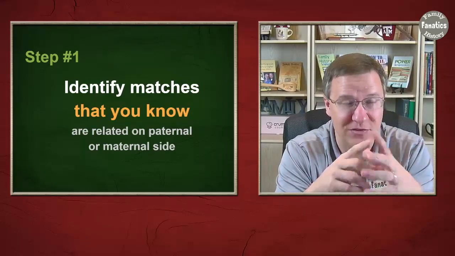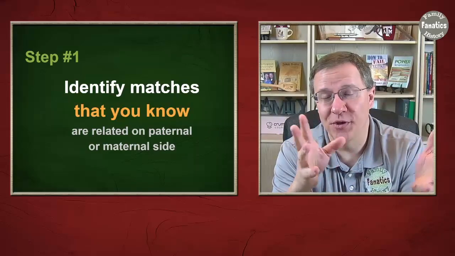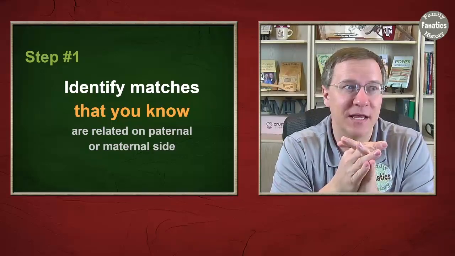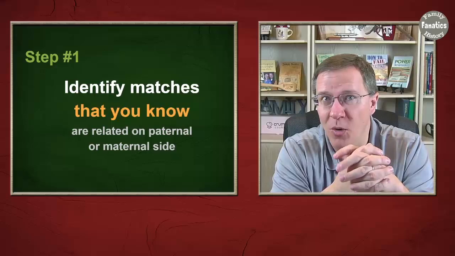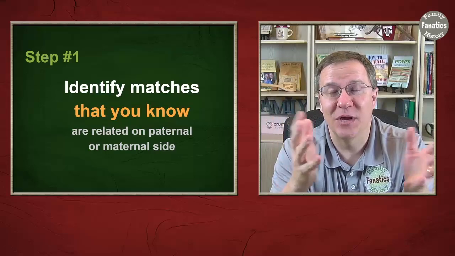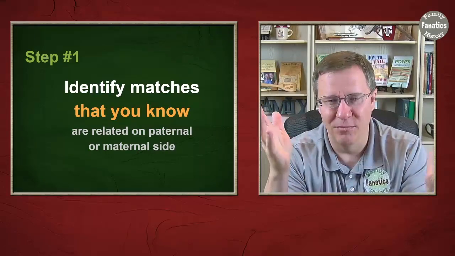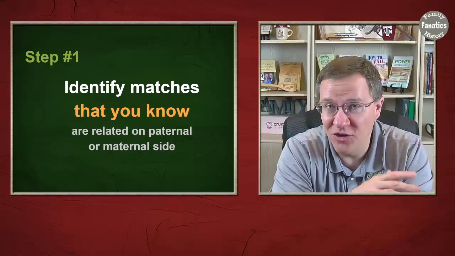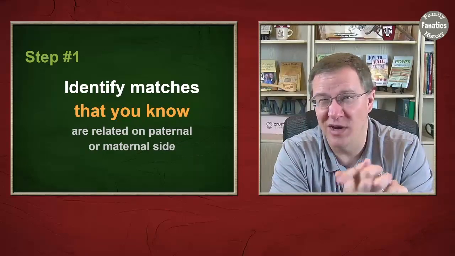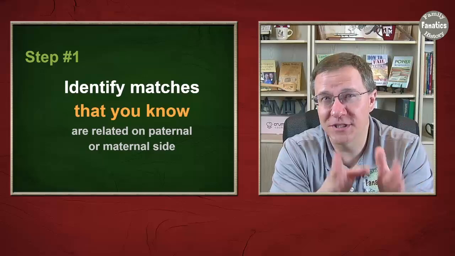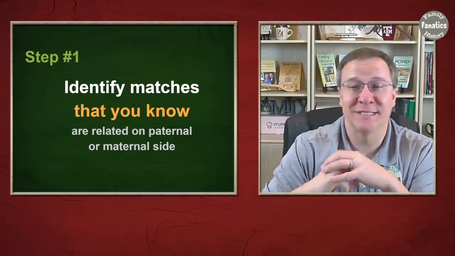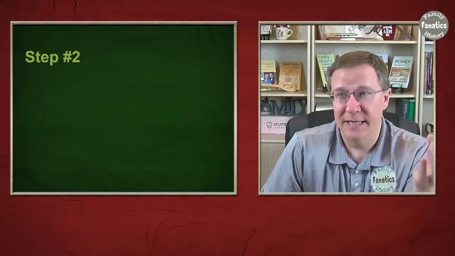Now, not always. But let's say that the family story is that your mom had a relationship with somebody who was traveling on the railroad. Maybe they were not from Ohio, but they were from California or something like that. Well, then we can start to look at our matches and see, okay, who here is not from Ohio? Now, it doesn't mean that they're on your paternal side necessarily, but as we're starting to look at locations, we can start to narrow down where some of these people might fit. We're trying to first identify any matches that we know any information about that would lead us to a maternal or paternal side. Doesn't necessarily mean it's going to be easy, but it's something to do.